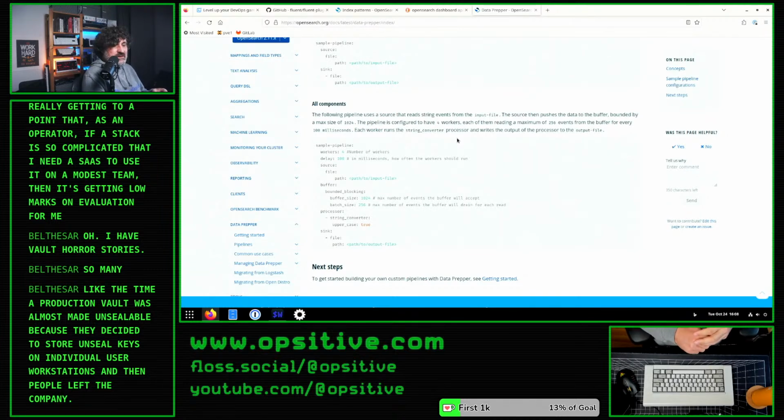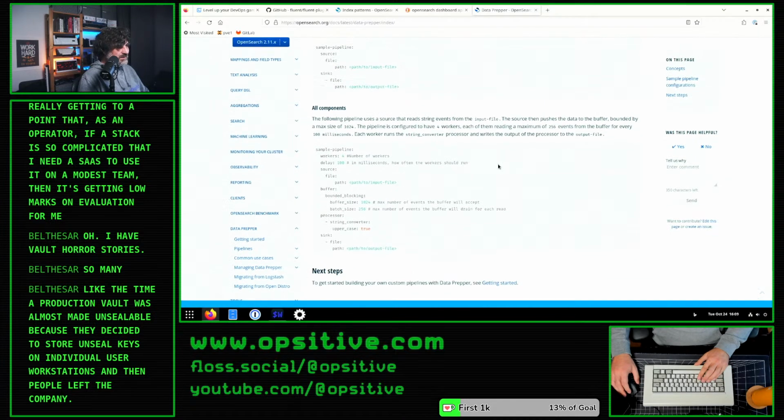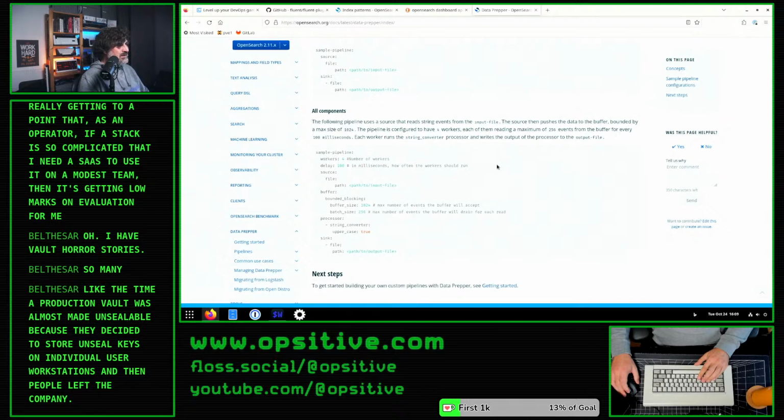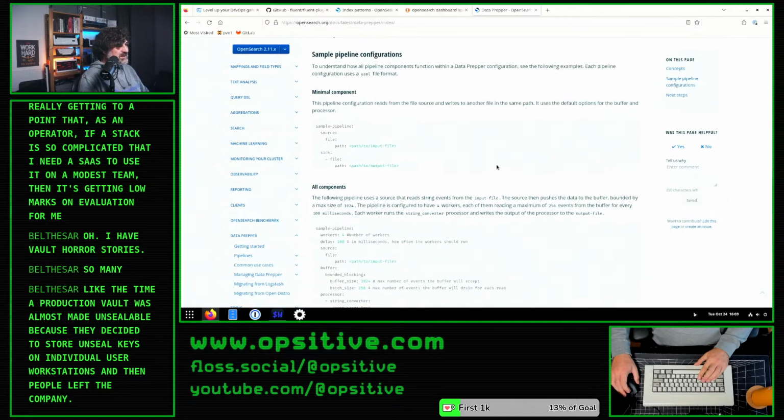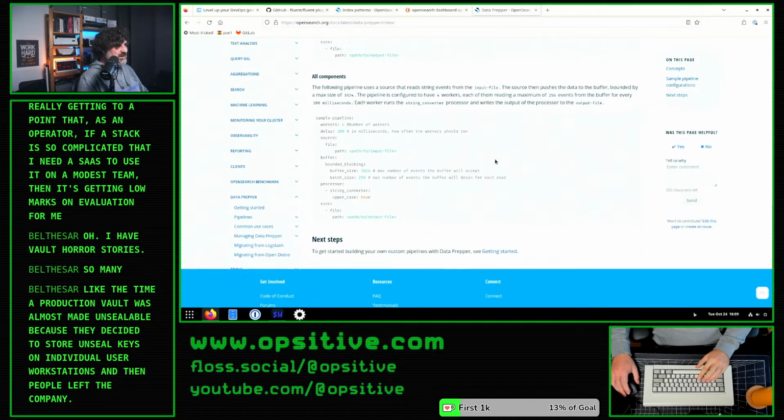Vault horror stories, like the time a production Vault was almost made unsealable because they decided to store unseal keys on individual user workstations, and then people left the company and nobody else had the unseal keys anymore. That sounds like a recipe for disaster, yeah. Oh dear. So, before I get into this Data Prepper thing, which also sounds a bit like vendor lock-in,